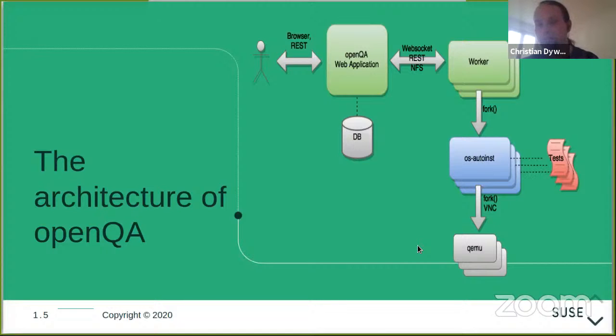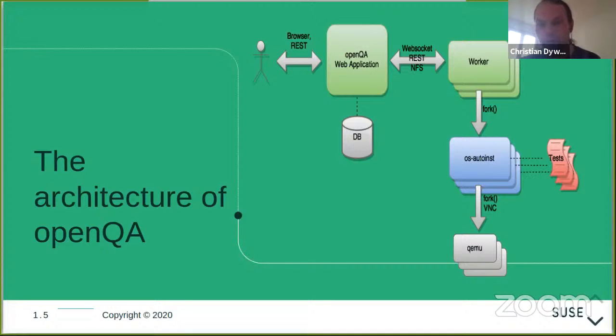So in some sense, you could refer to this whole setup as a scheduler for tests, because it also includes the ability to figure out when and how to run tests, or what tests are dependent on.